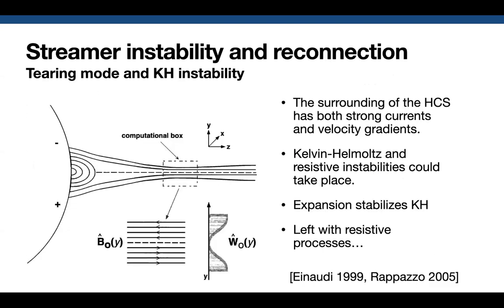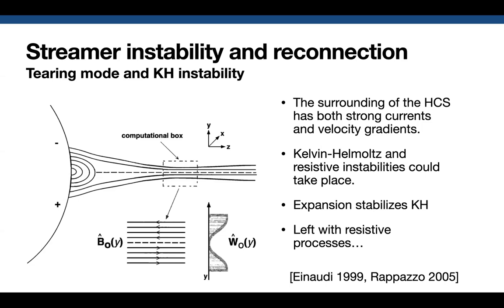So the general idea is that these streamer blobs are created basically at the tip of helmet streamers in the sun. And the tip of helmet streamers has both strong currents and also velocity gradients, because you have slow wind around the current sheet, and then you have probably fast wind a bit higher up. So in principle, instabilities